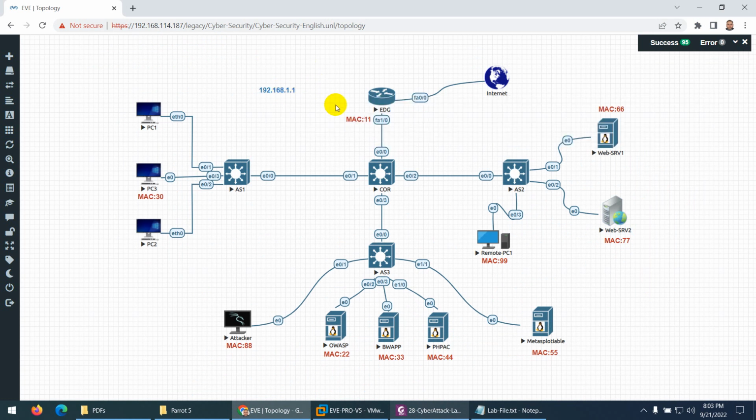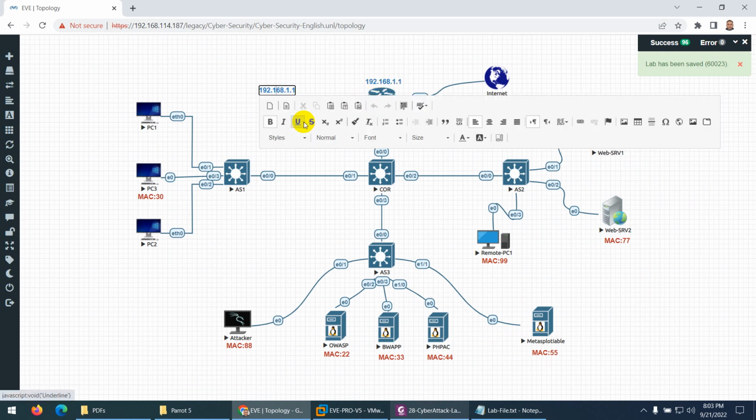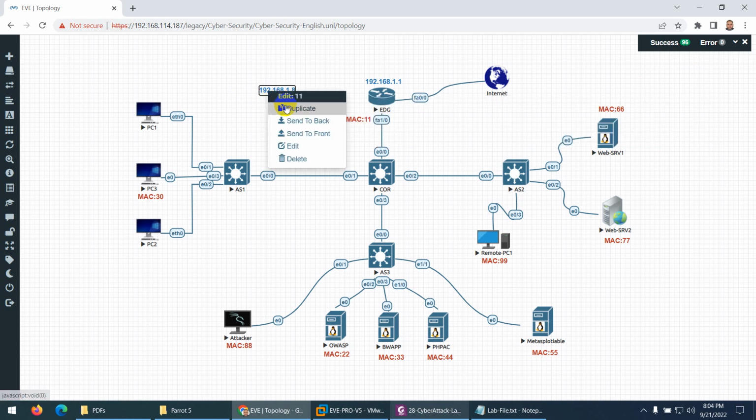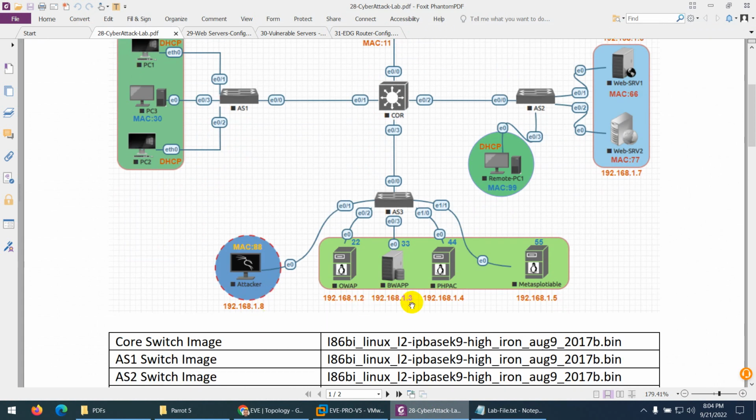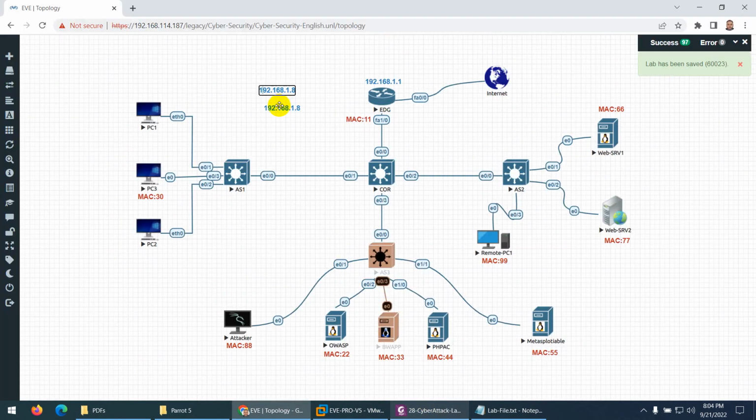192.168.1.1. 1.1 we will assign to our gateway, which is this edge router. Okay, so let me put this IP here. So the router IP will be 1.1, and 1.8, okay, this one 1.8 will be this one, and 2, 3, 4, 5 we will assign these static IPs. Now in the next video we will assign these IPs. So 8 will be the IP address of Kali Linux,